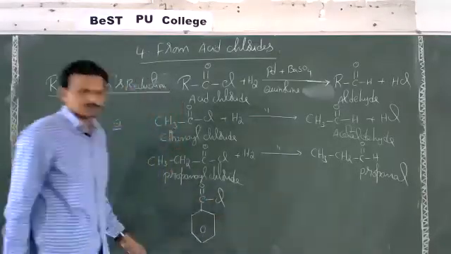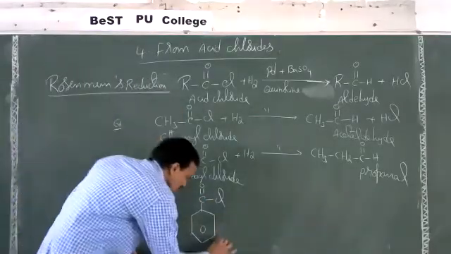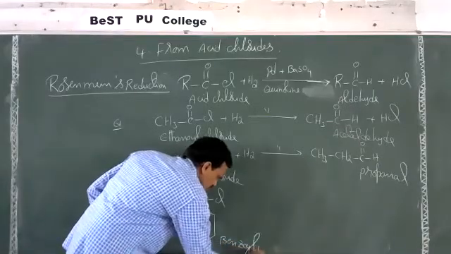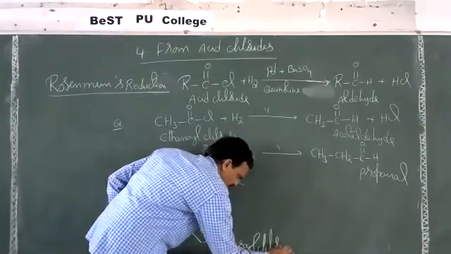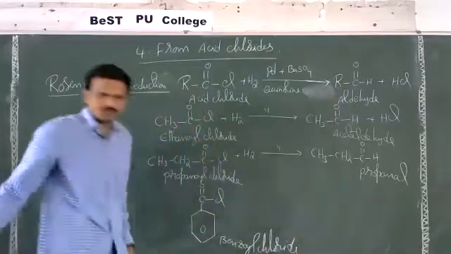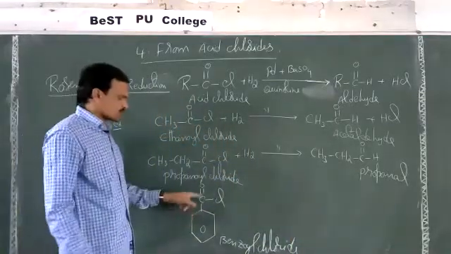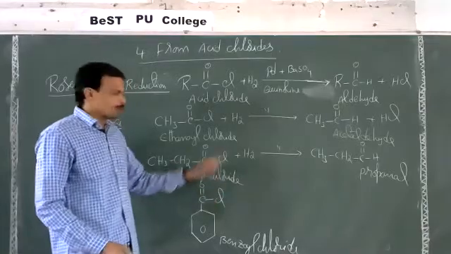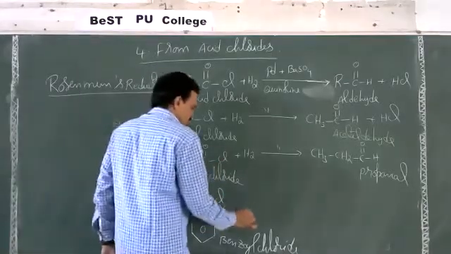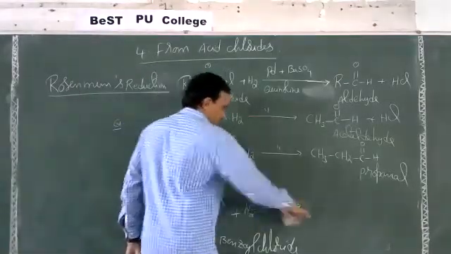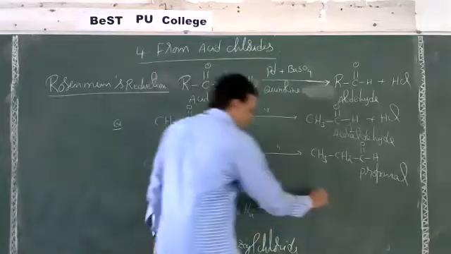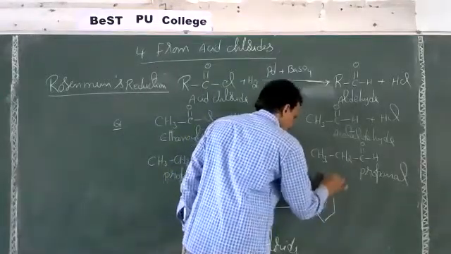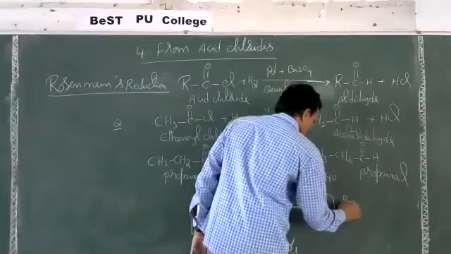C6H5COCl. This is nothing but benzoyl chloride. C6H5CO is called the benzoyl group. So this benzoyl chloride on reduction, in the presence of Lindlar's catalyst, gives C6H5CHO, nothing but benzaldehyde,